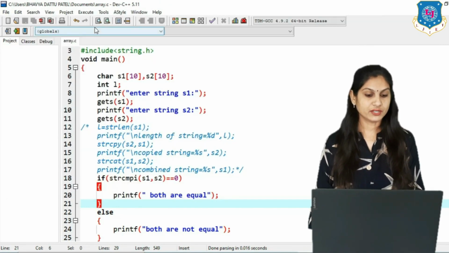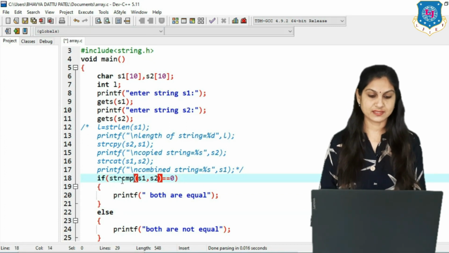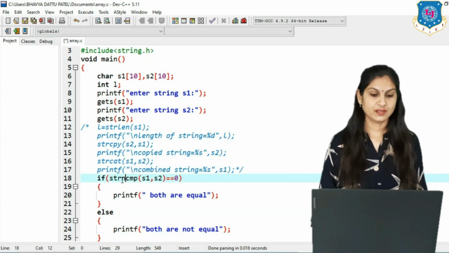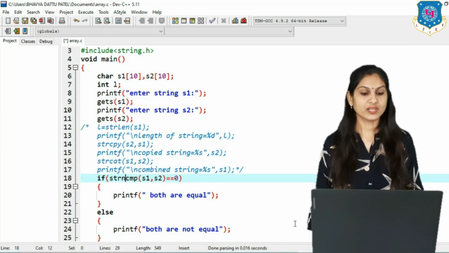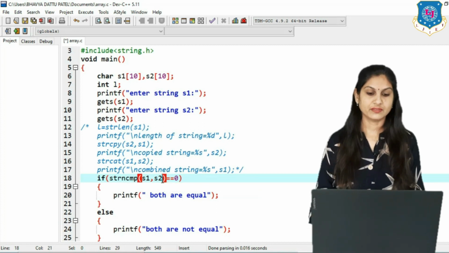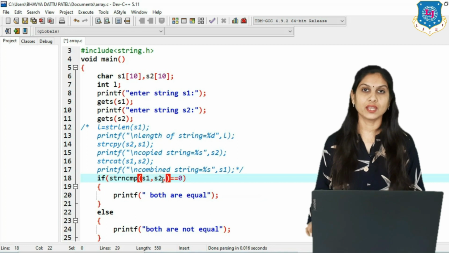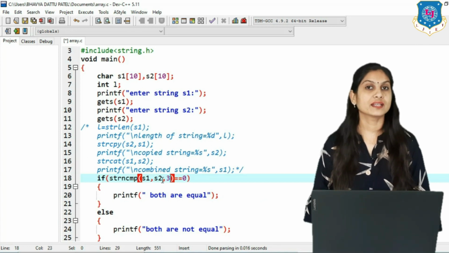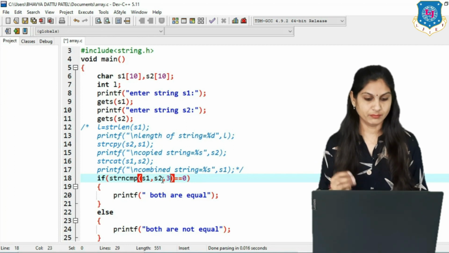Again we have another function for strcmp, that is strncmp, which we already discussed in our theory. Now in this case we have to use a third parameter, that is the value of n, and suppose here I am writing 3. So how many characters does it compare? Only the first 3 characters of both the strings will be compared.